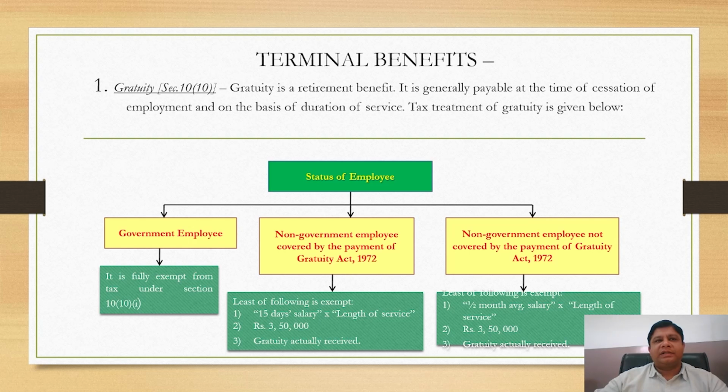Status of employee: government employee, non-government employee covered under the Payment of Gratuity Act, and non-government employee not covered by the Payment of Gratuity Act 1972. So fulfilling these conditions, the amount of benefit is calculated after deducting the exempted amount as mentioned in this chart. For a government employee, it is fully exempt